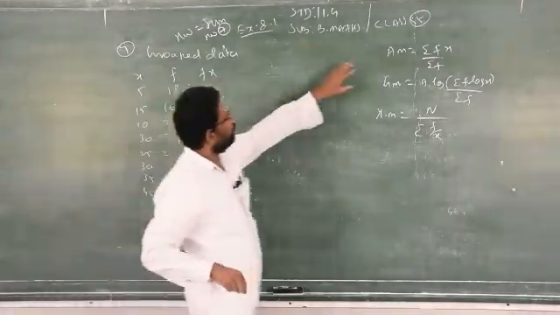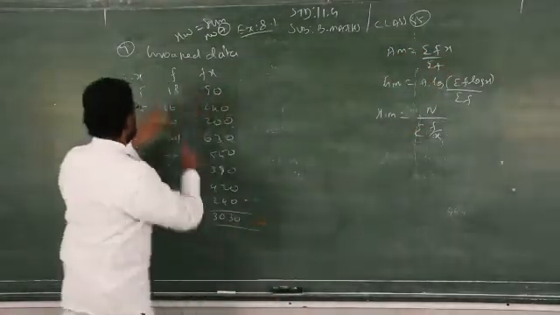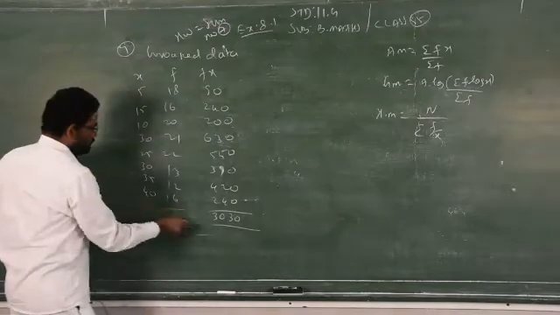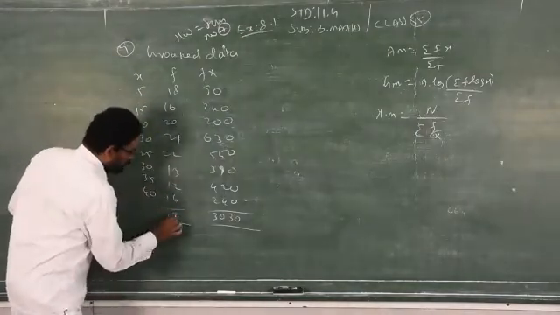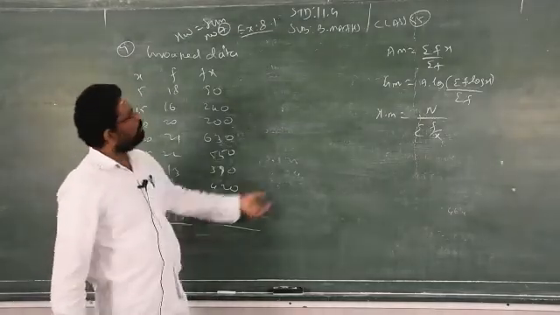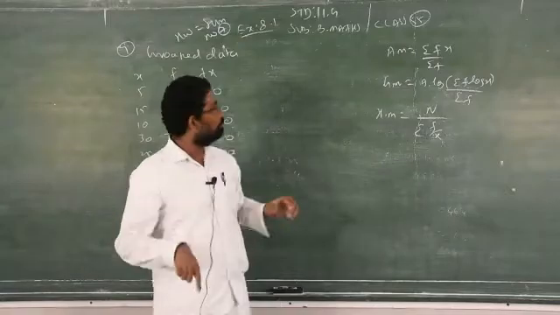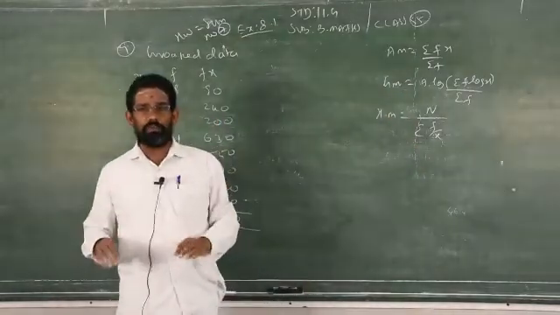Clear? So to find the arithmetic mean, I need f into x, frequency into x. So I have to multiply and write the total. Similarly, I have to find the total for summation f, that is 138. So I have the information to find AM, but I have to find the information for GM as well as HM. All three you have to find for the same question.